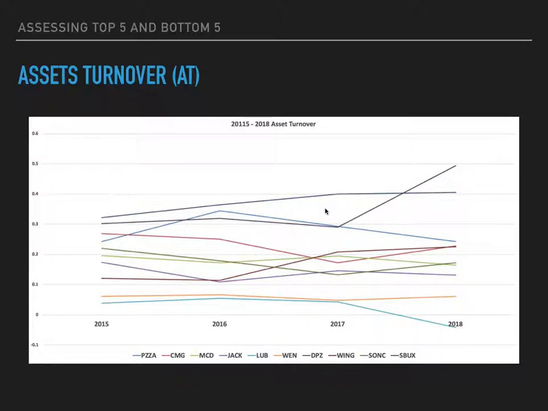And moving on to return on assets, or I'm sorry, asset turnover. Again, Starbucks outperforming everyone. Looking at Sonic this time, making somewhat of a slow descent. So their asset turnover, the volume of their sales, is decreasing, though they slowly started to rise in 2018, but more of a downward trend.